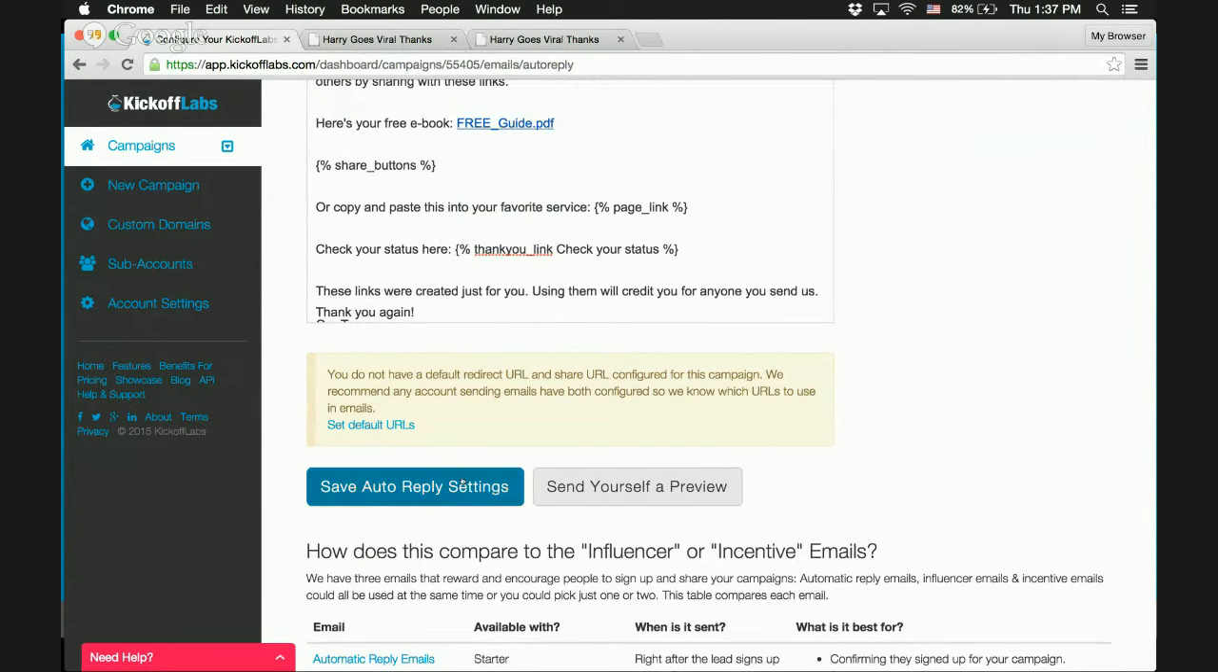Okay, it says check your status. And all I need to do is save auto reply settings, and that's going to be sent out to everybody who signs up on my campaign. Hopefully Josh shared the actual URL, and